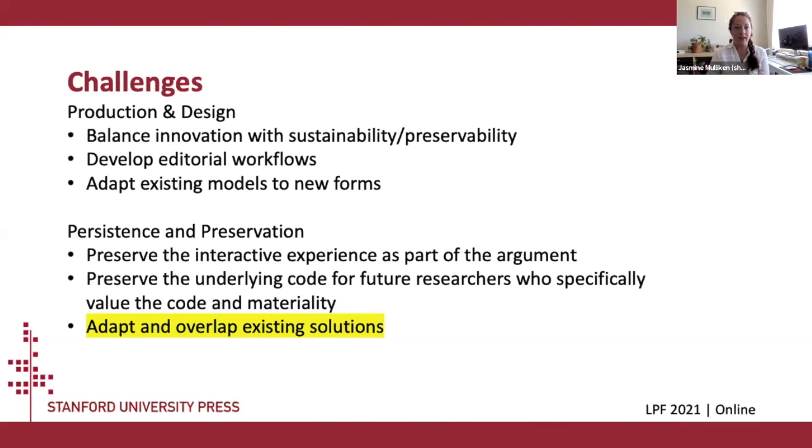So the challenges, again, I've already shown this slide, but libraries have tools and infrastructure and resources for sure, more so even than presses themselves do. But even with all of their resources, libraries need to apply their own solutions. So our press's three-pronged approach to those three preservation strategies really relies on a combination of library service infrastructure and